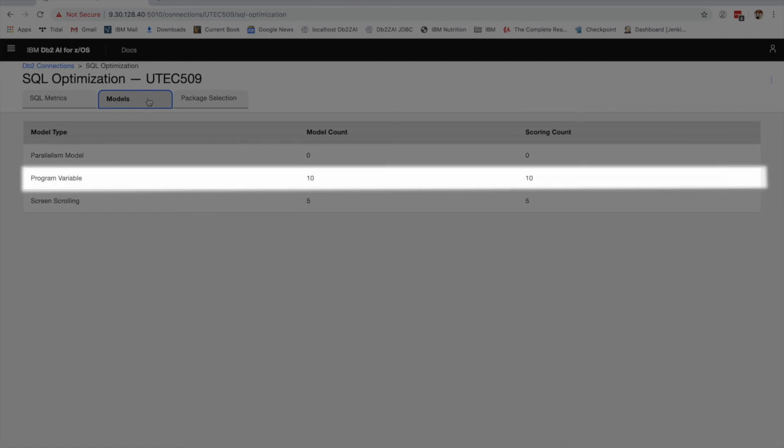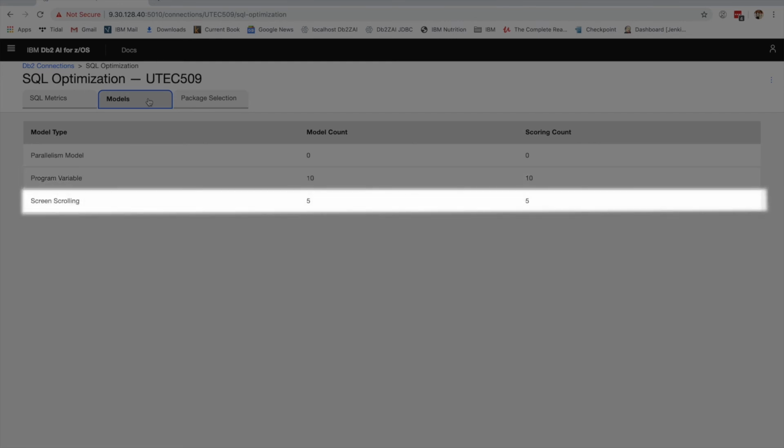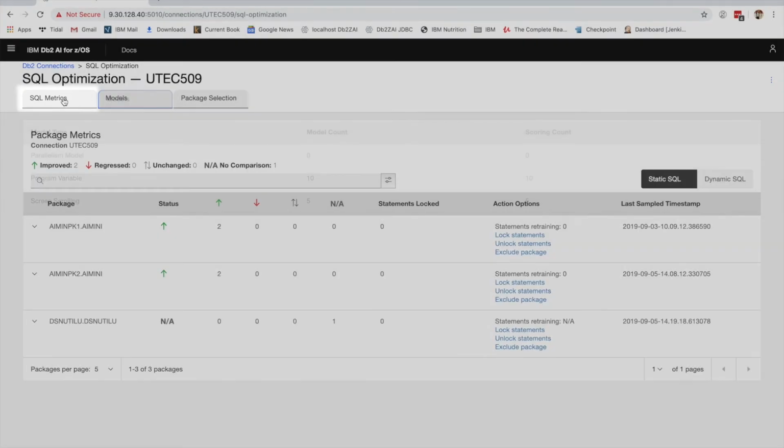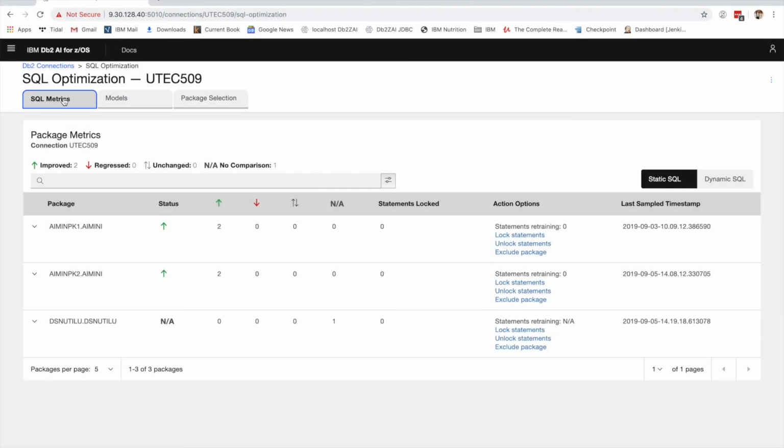The program variable model has the ability to predict host variables for a given query. And the screen scrolling model has the ability to predict the number of rows fetched by an application based on SQL execution history. On the SQL metrics page, we can see which packages are using models and the performance results